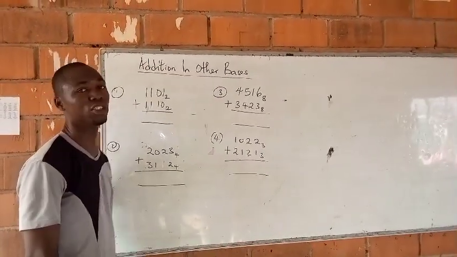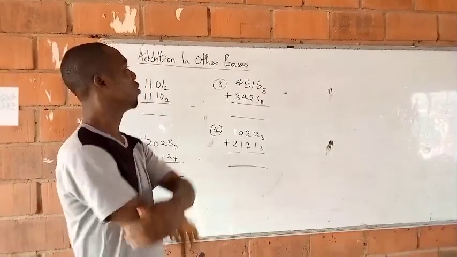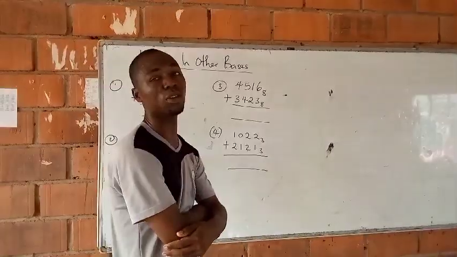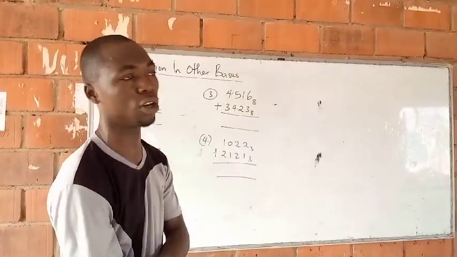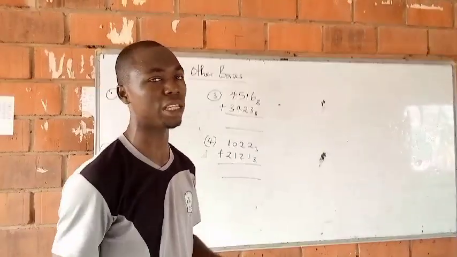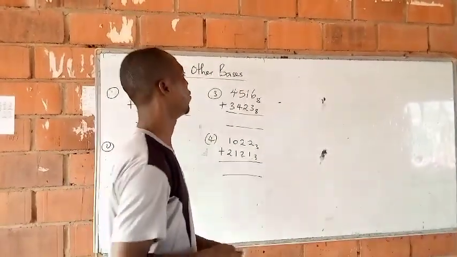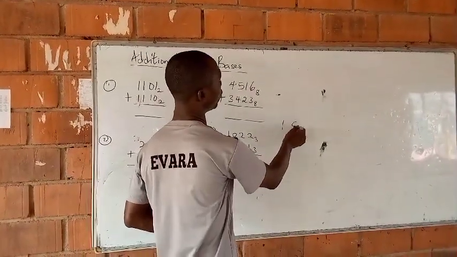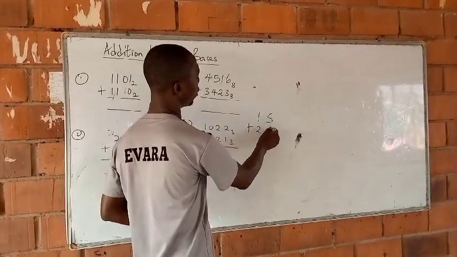This is on addition in other bases. We are familiar with addition of numbers in base 10 because all the numbers we make use of every day are in base 10. So if you have something like, say, 15 plus 28,